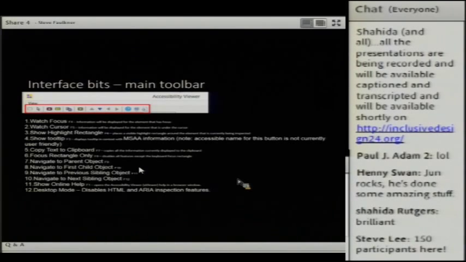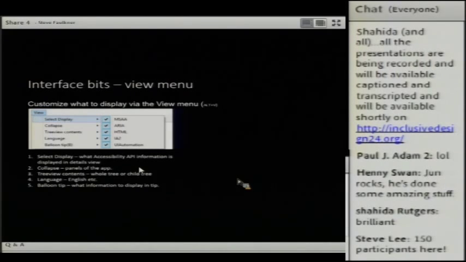And as I mentioned before, there's desktop mode. What this does is disable the HTML inspection features, and you'll just see the API information, because on the desktop, unless the control you're looking at, for example in Windows, exposes stuff as HTML, you'll just be able to see the MSAA information.